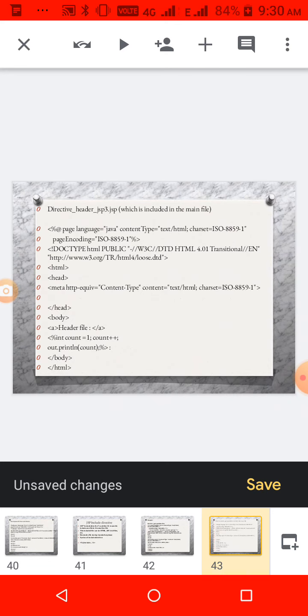So the file to be included is jsp3.jsp. This is called in the third line. So that file can be used in the previous file, and two files can be combined together. In the third file we are doing some calculations, printing a counter, so that will be displayed. In the main file we are calling it. So if we run the main file itself, automatically this will run.